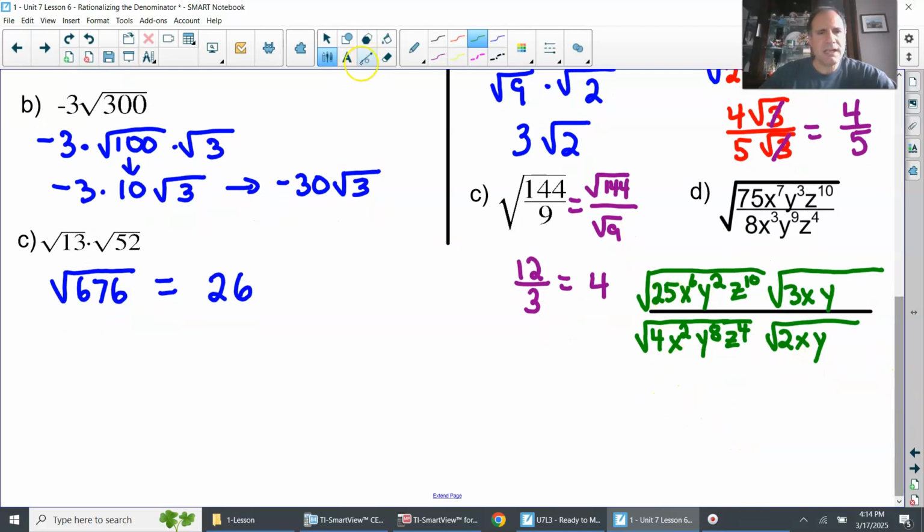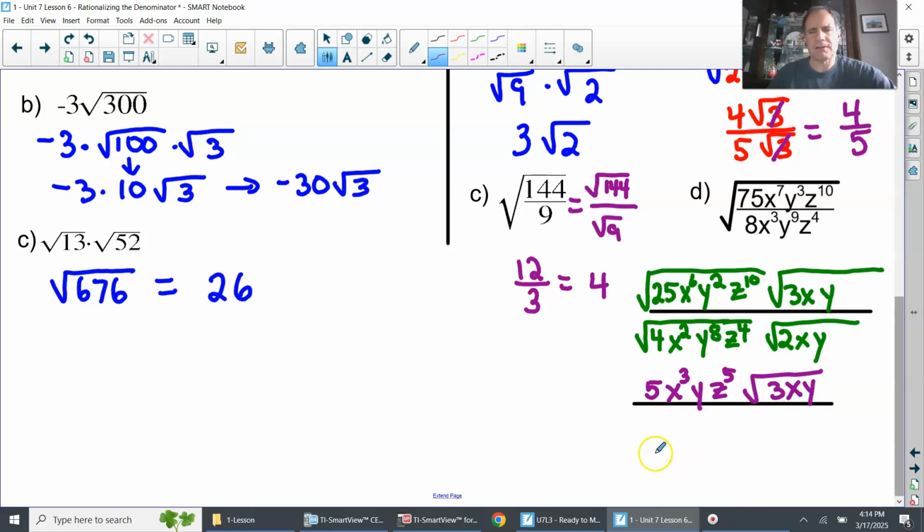So I'm going to just take the top part here. I know that everything in the first radical is going to come out of the radical because this is my perfect square radical. So square root of 25 is 5. Square root of x to the 6th is x to the 3rd. Square root of y squared is y. Square root of z to the 10th is z to the 5th. And then square root of 3xy